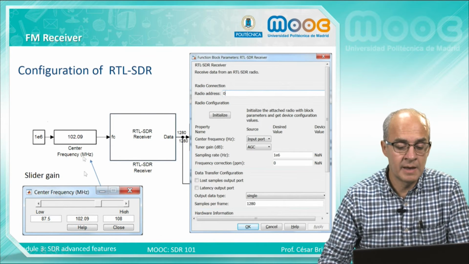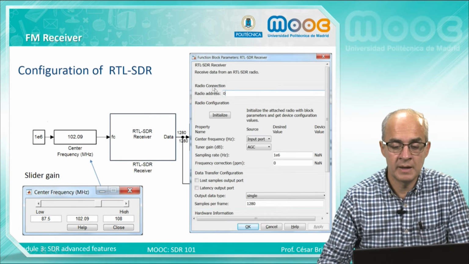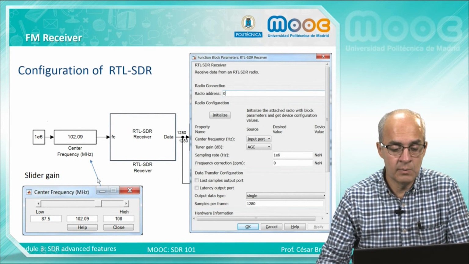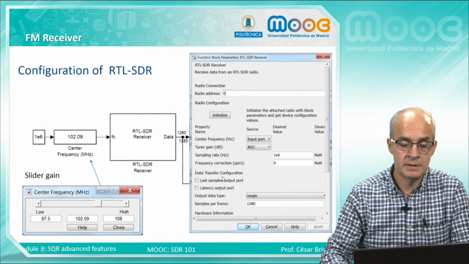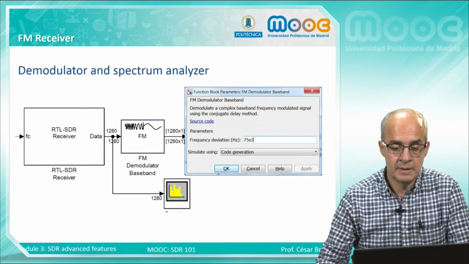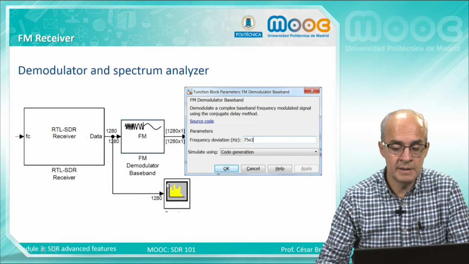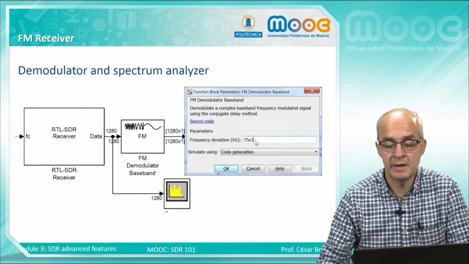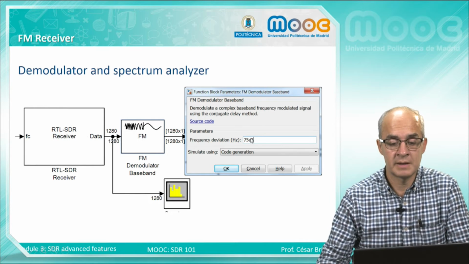This slider gain, we use it to tune the center frequency of the RTL. We have marked this control, and then we can shift the frequency while the simulation is running. Then here we have the spectrum analyzer and the parameters of the FM demodulator, 75 kHz for FM broadcasting.